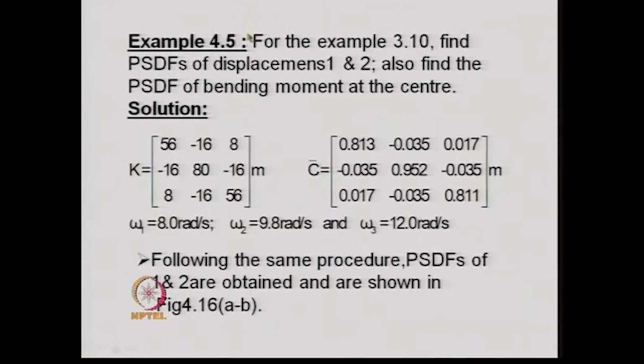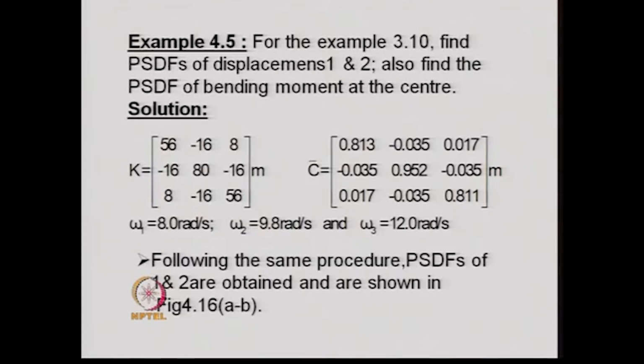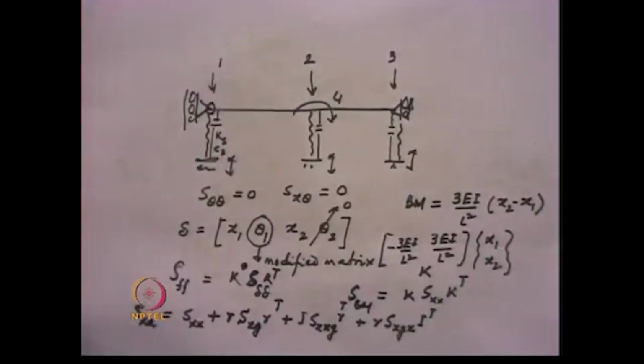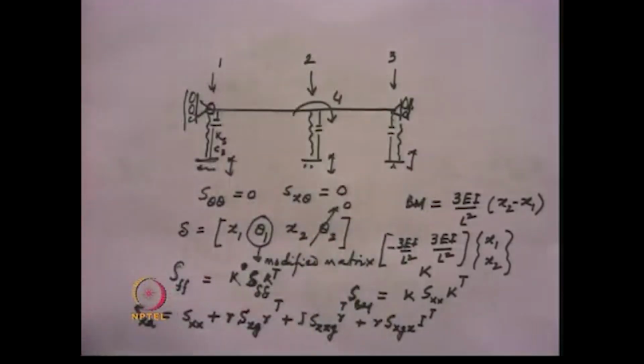Now, in this example, the displacements 1 and 2, if you recall, that is the example problem. Yes, I think this is the problem. If we recall, we had solved for finding out the responses in time domain, where we specified the ground motions at these three supports, and they